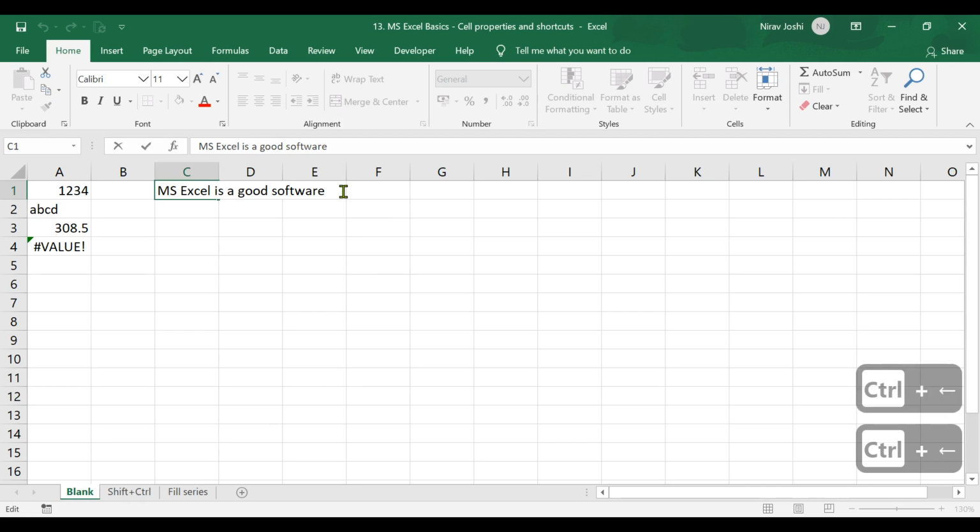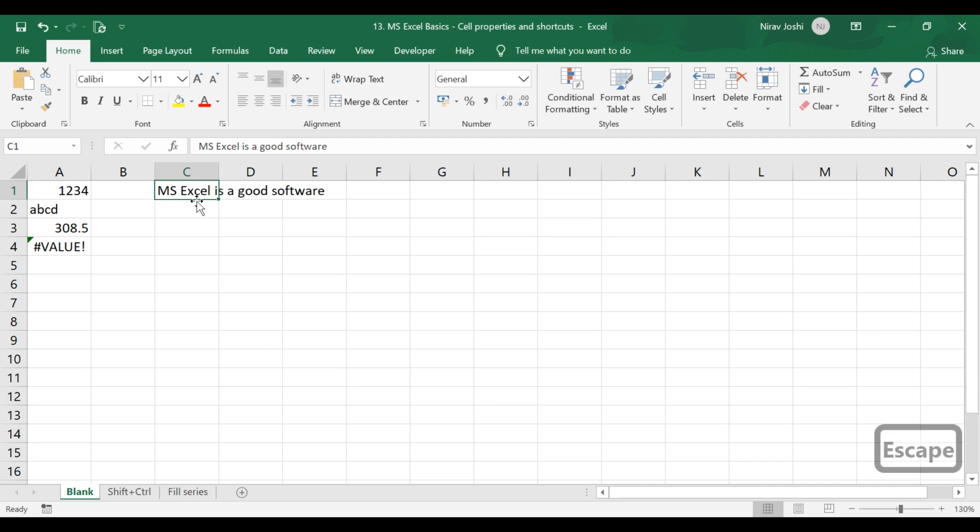If you press the left key along with control, it will shift one word each time. Similarly, it will shift towards the right side with the right arrow key along with control. That will help you to edit the text if the text content is much larger.